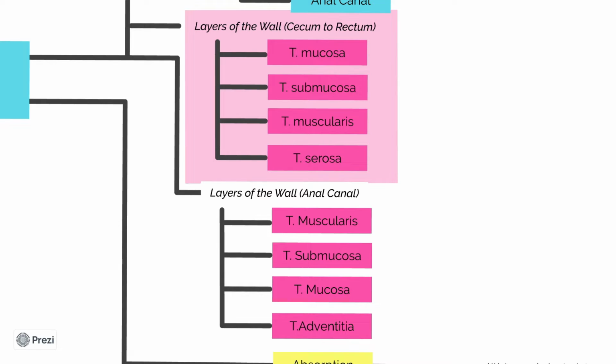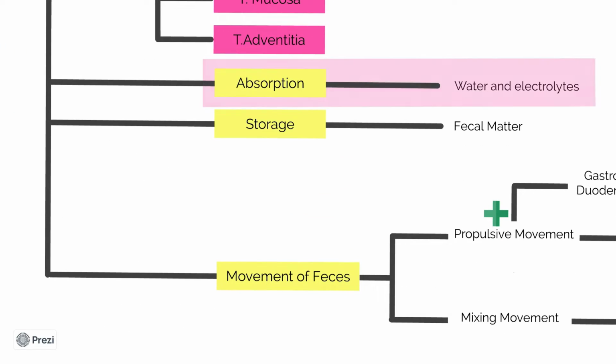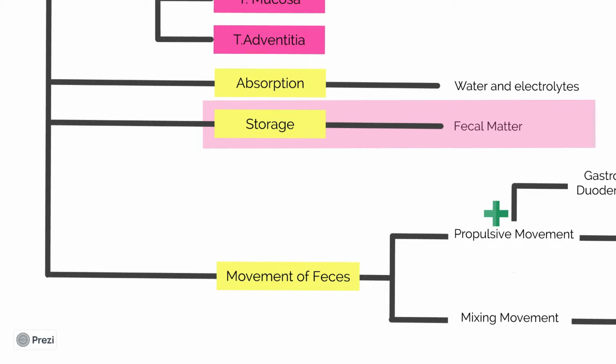The wall of the large intestine, from cecum to rectum, consists of 4 layers, namely tunica mucosa, tunica submucosa, tunica muscularis, and tunica serosa. There is an abrupt change of the outermost layer of the anal canal from tunica serosa to tunica adventitia. The proximal half of the colon absorbs water and electrolytes from the chyme to form solid feces, while the distal half of the colon is for storage of fecal matter until it can be expelled by the